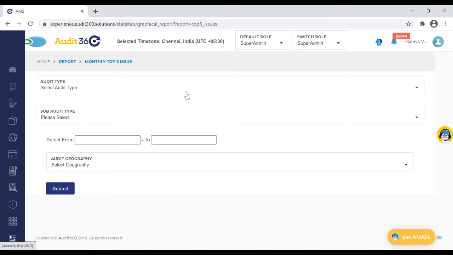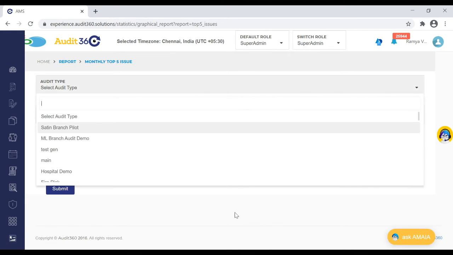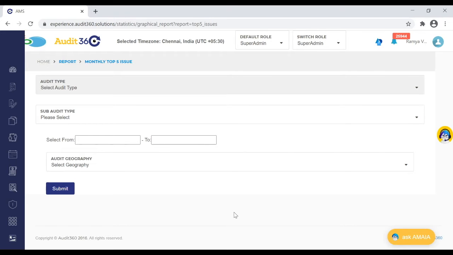an HR related audit where onboarding as a process we have been verifying, and during the audit we see that across all the auditees we have executed, the documentation part of the checkpoint is the major observation across all the audits we have executed. Then the number of issues identified on the documentation checkpoint, if it is on a higher side, would be tagged under the topmost issue of the audit which we have executed. So this gives a clear indicator for the super admin or a reviewer to know which are the areas where the major issues are occurring.